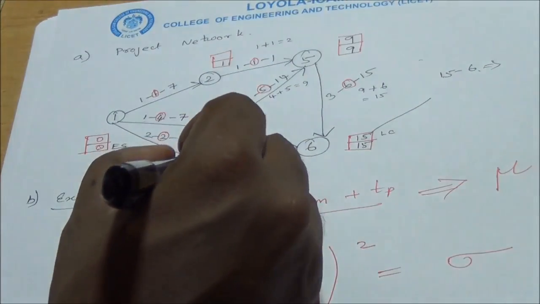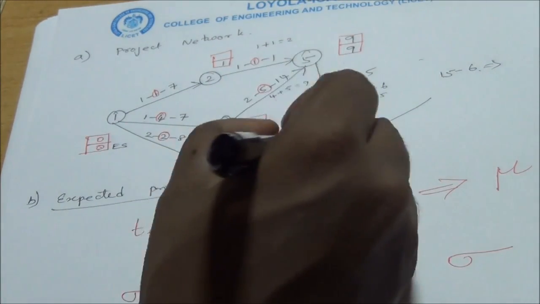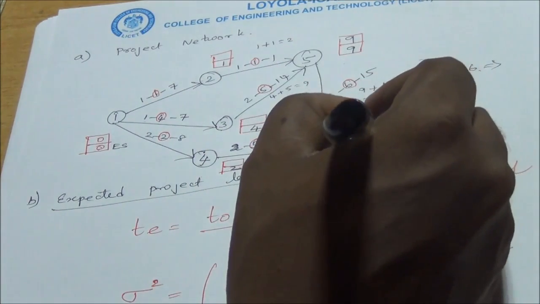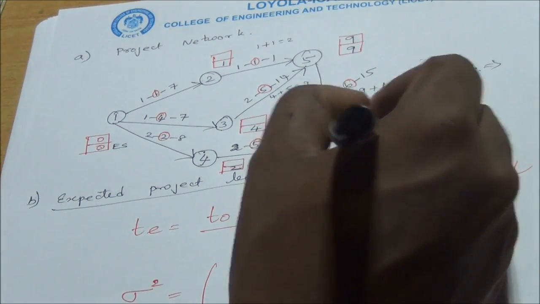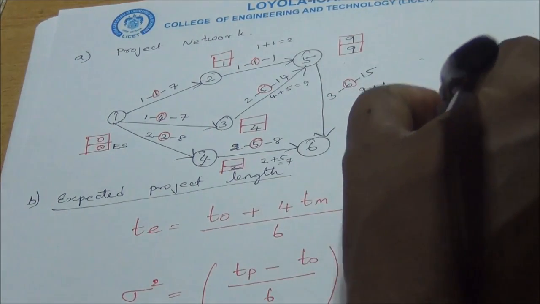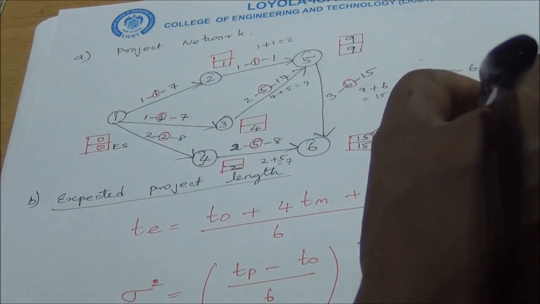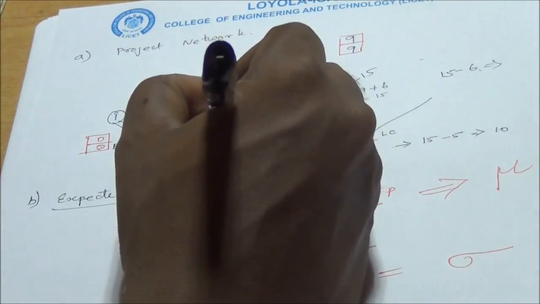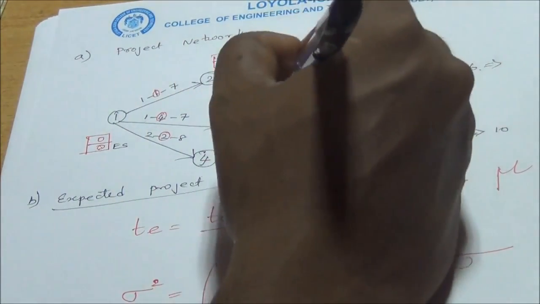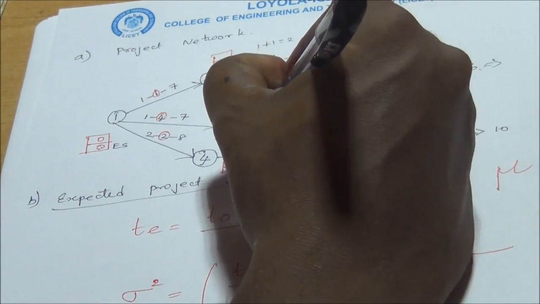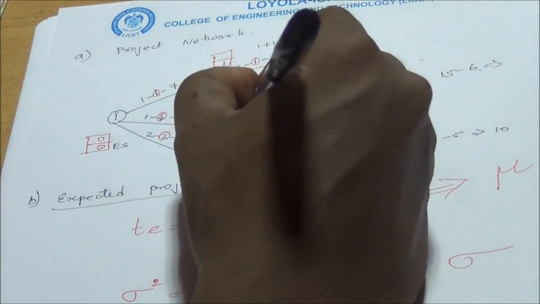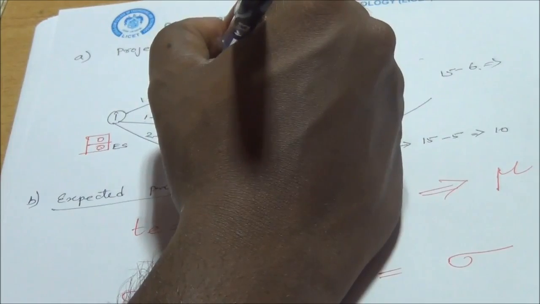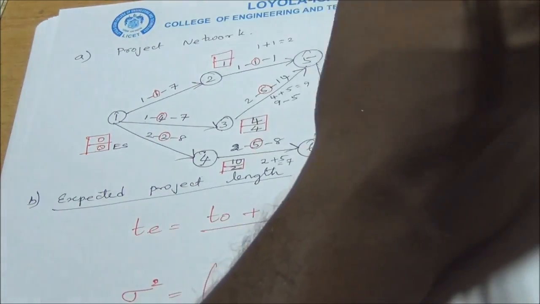After that we go for 4. In that 4 we have only one outgoing arrow, which goes to 6. So we have 15 minus 5, and that yields 10. So this will be 10, and we go for 3. For 3 we have only one outgoing arrow, so that is 9. So we have 9 here, and minus 5 we have 4. For 2 we have only one outgoing arrow, so that is 9. So 9 minus 1 is 8.